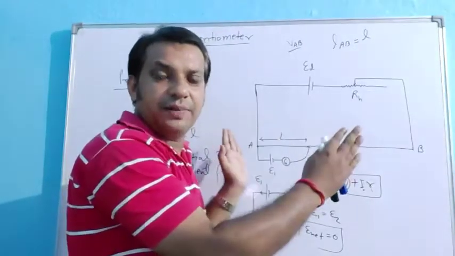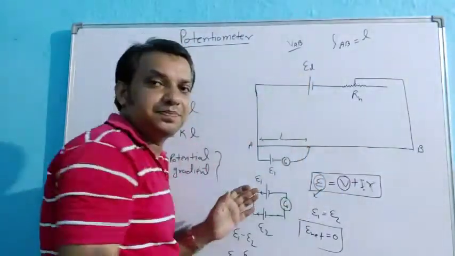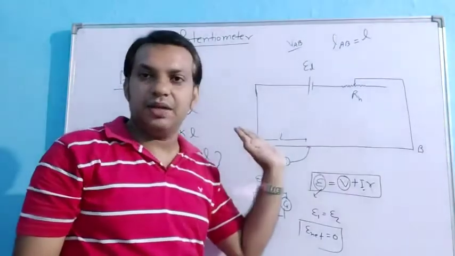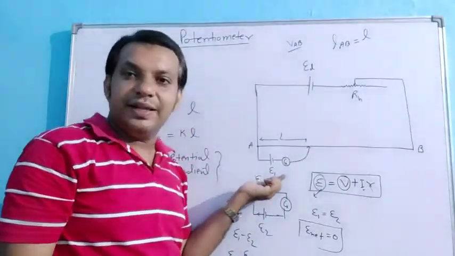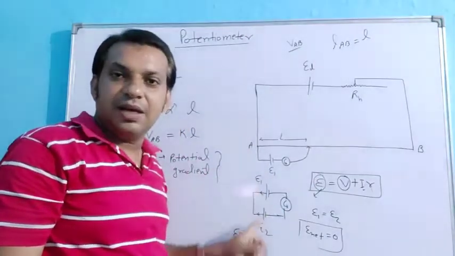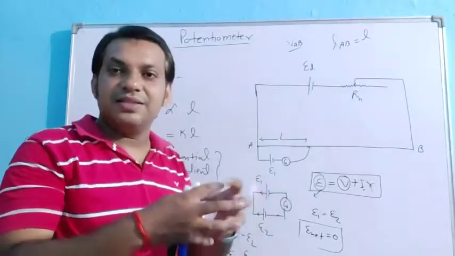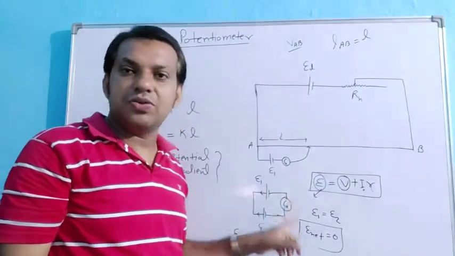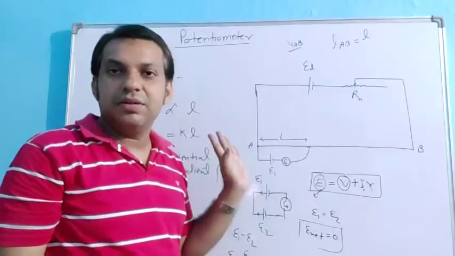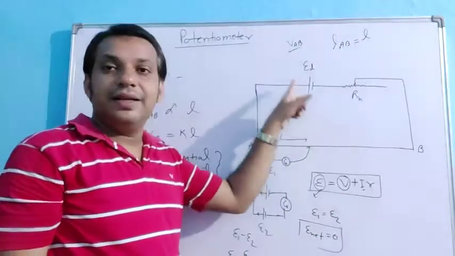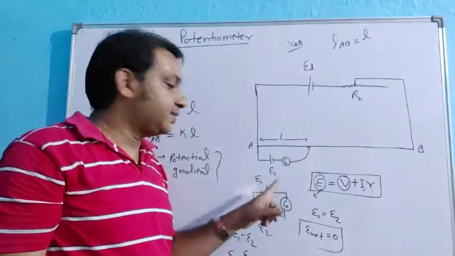For the whole length, it is only VAB, the potential difference built up across this AB wire. And if this E1 is greater than this VAB, then both the cells' EMFs will not cancel each other. एक दूसरे को cancel नहीं करें. So the galvanometer will not show the null deflection. Right? So here it is not possible. This ED must always be greater than this E1.